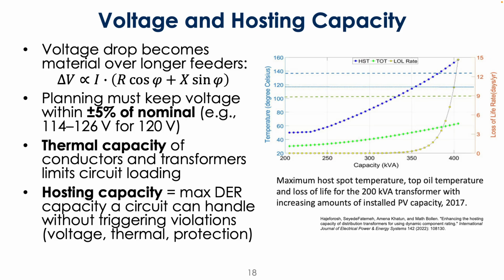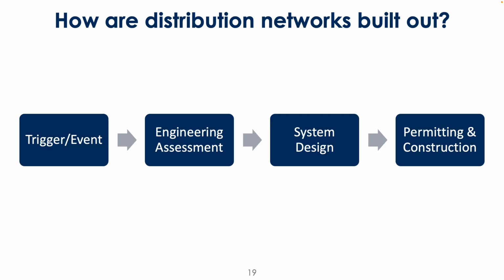Yeah, and so with that thermal limit, maybe you are physically able to heat up a wire or a transformer a little bit, and that's okay, but you don't want to keep violating it. But with the hosting capacity, you hit that limit, and then protections start triggering, right? And so this might be a harder limit than your thermal capacity. Okay, so,